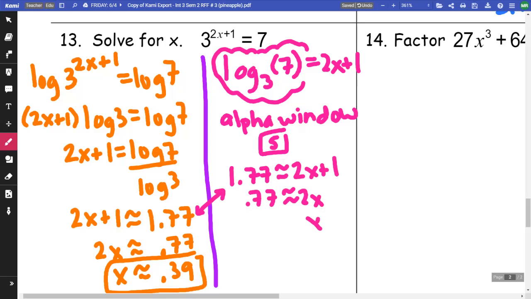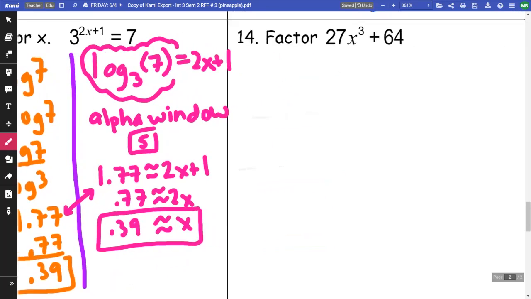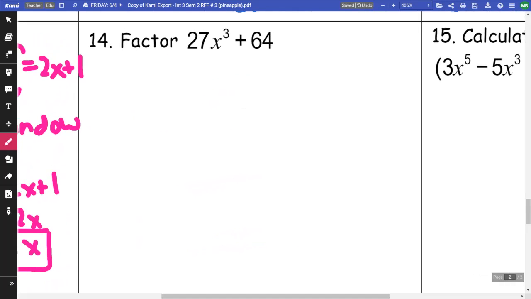I'm going to divide by 2. And in both cases, I get the same answer. So on 1, I'm logging both sides. On 1, I'm rewriting in logarithmic form. On 14, this is